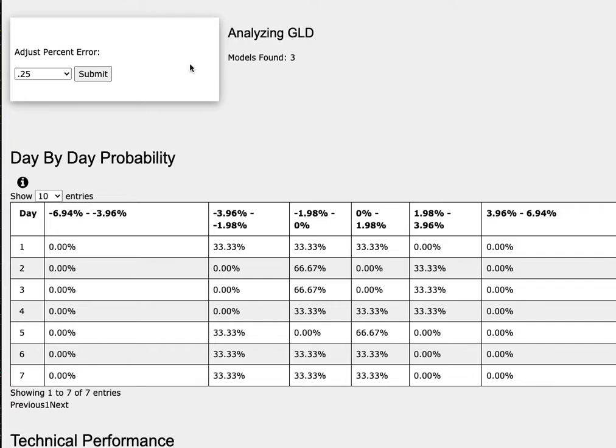It all comes from the day-by-day probability model. As we progress to the 5th day, or week of trading, gold futures has a 67% chance to climb between 0 to 2%. To the downside, it has a 33% chance to fall between -2 to